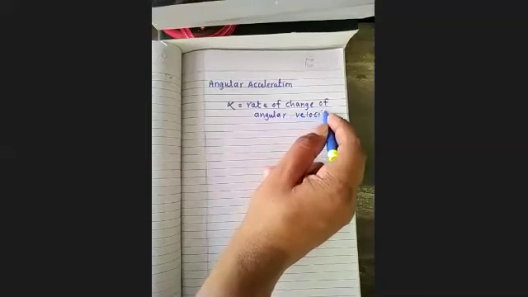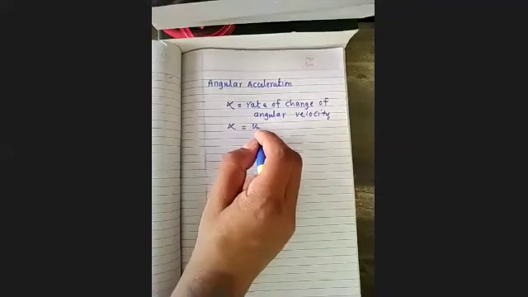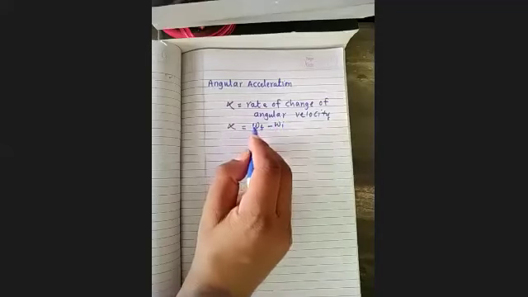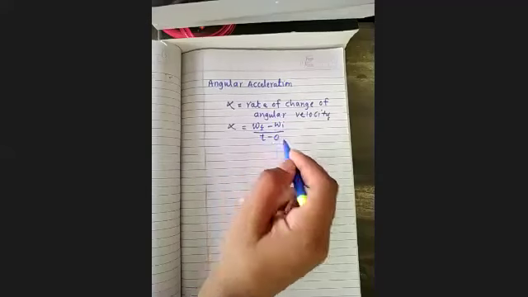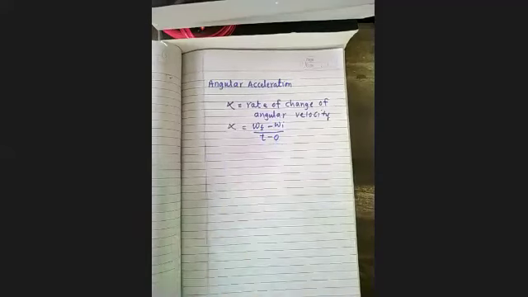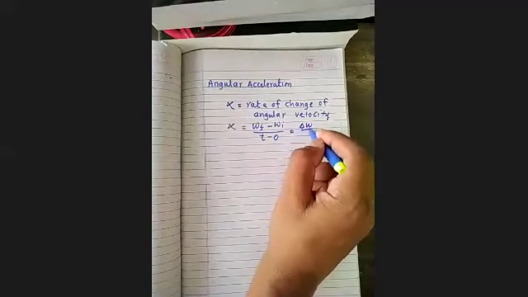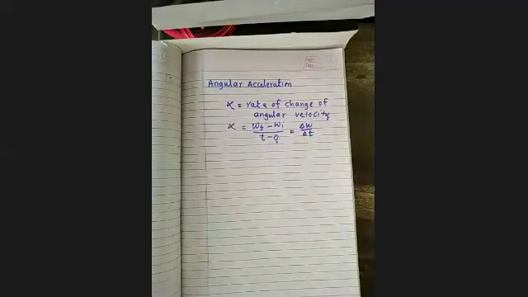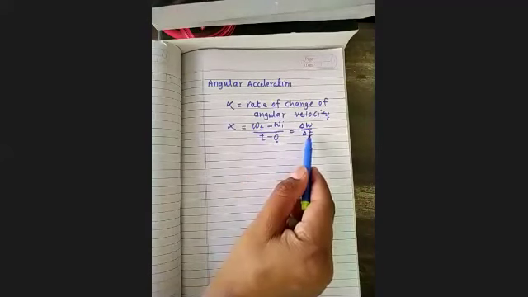So we already defined its formula. The formula of the angular acceleration is the change in angular velocity, that is omega final minus omega initial, divided by time. You can take t minus 0, or t0 can also be mentioned over here, or instead of t, delta t is also sufficient. So delta omega divided by delta t. At the starting, we consider the time equal to 0, that is the reason why I mention 0 there. Otherwise, there is no need to mention 0. You can directly mention t, or you can directly mention delta t.